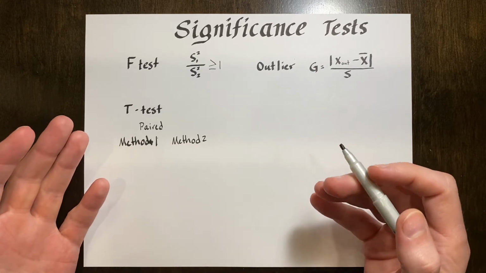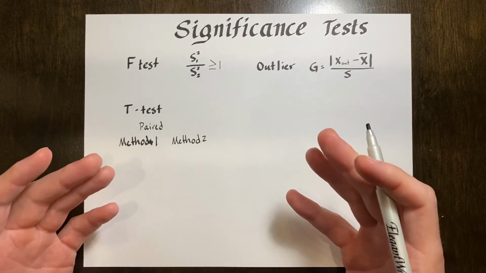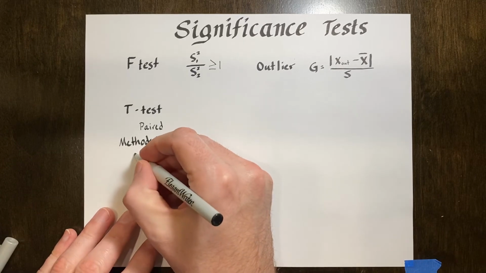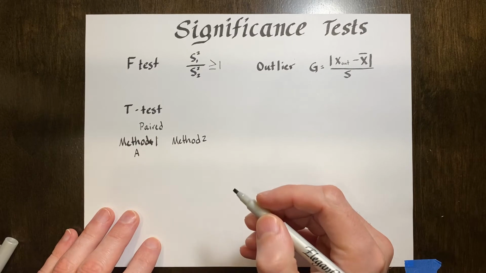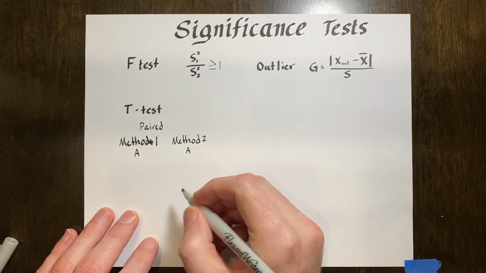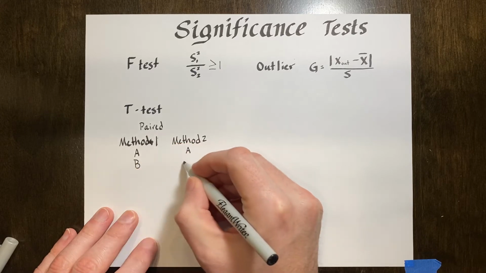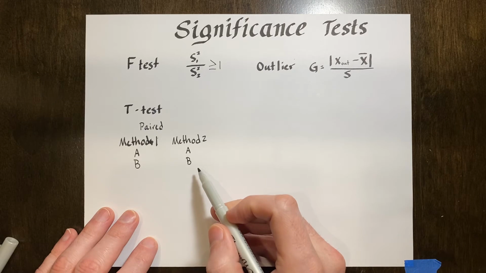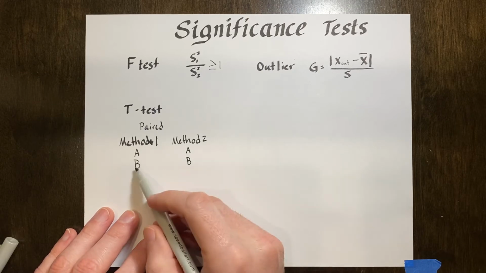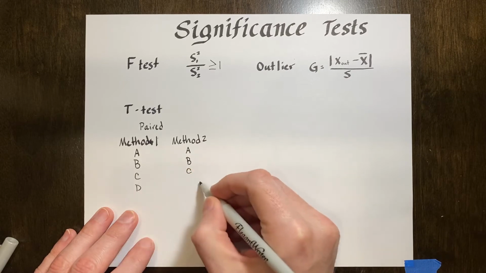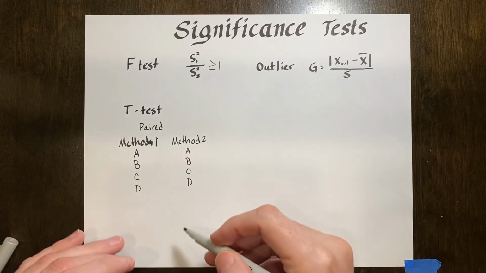Lots of different things that this could be. But the important thing here is that we're going to take and measure a particular sample A in both methods. And then we'll take a different one or a different object and measure it in both methods. So sample B in both methods, sample C in both methods, D, and so on